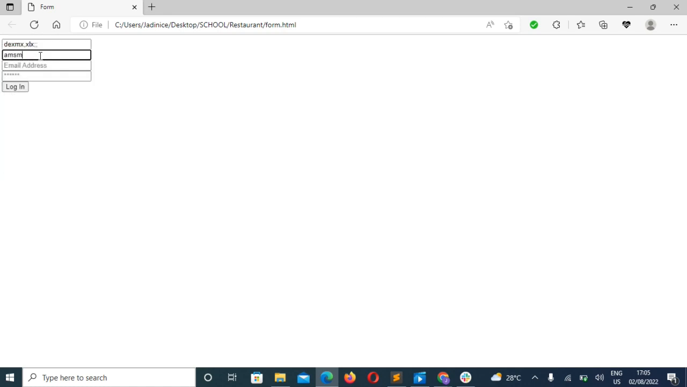Last name, anything you want. The email address, anything at gmail.com. Login, the password, anything, then login. So we've learned how to create a